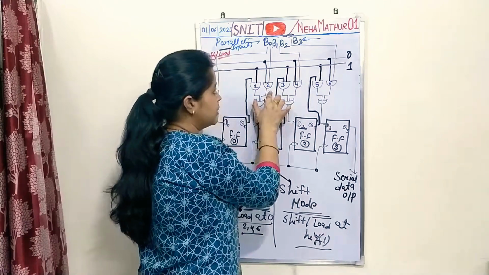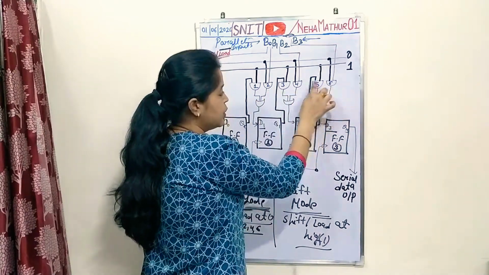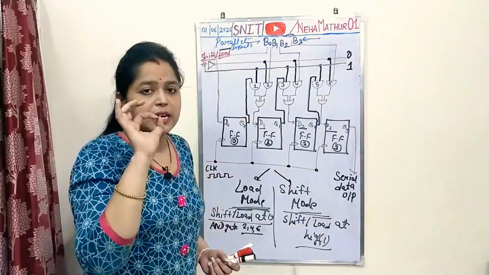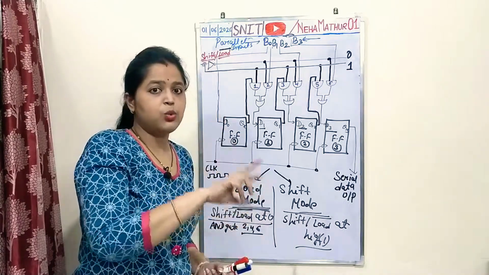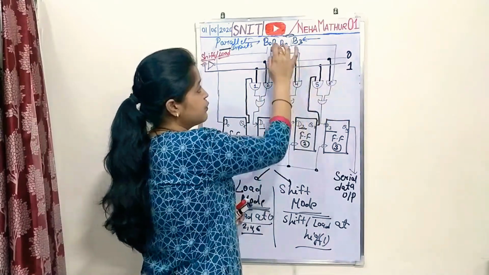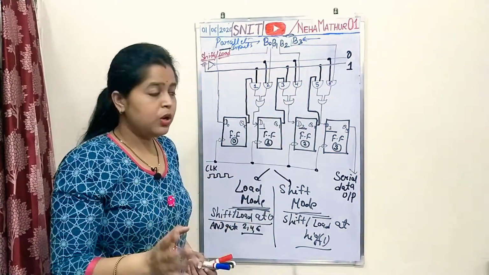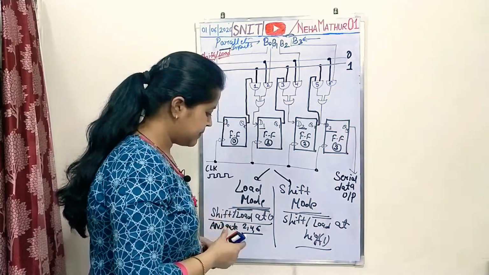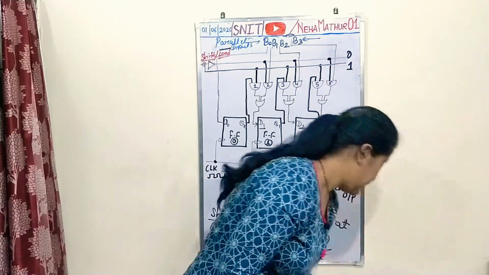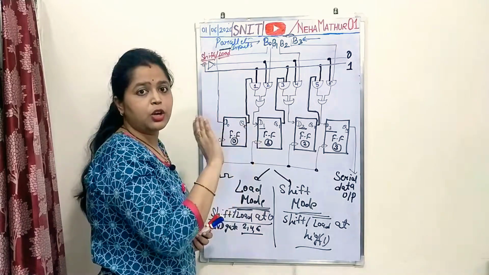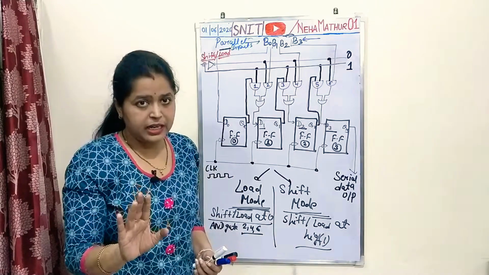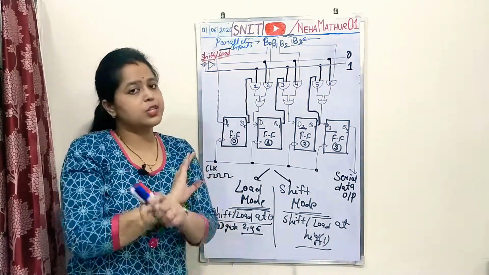Your gate number 2, gate number 4 and gate number 6, which are connected with the upper line, and the value of the upper line is set at 0. So now your gates 2, 4 and 6 become inactive, and there is no connection of these gates from the input directly. That means there is no option to connect these gates via your binary inputs directly. That means now parallel loading is not possible.